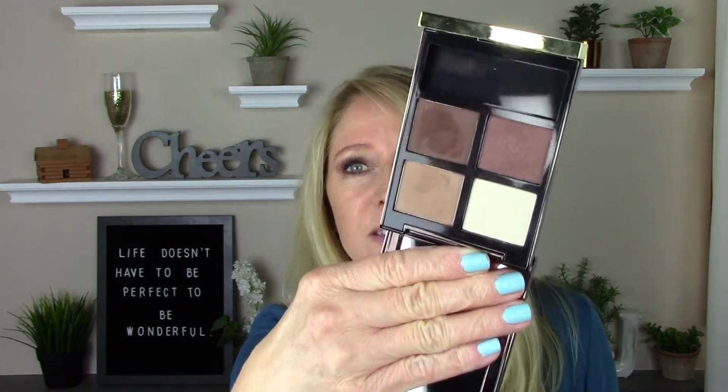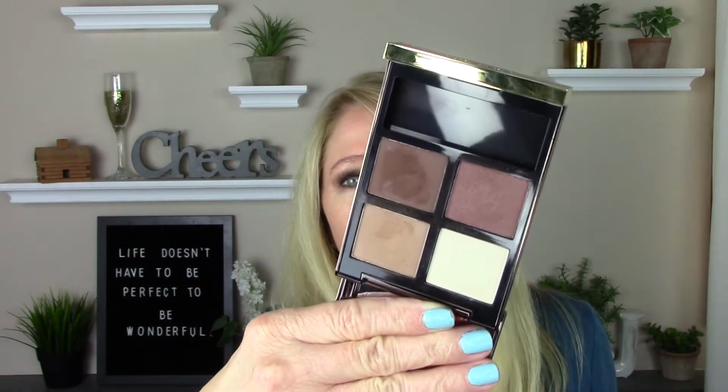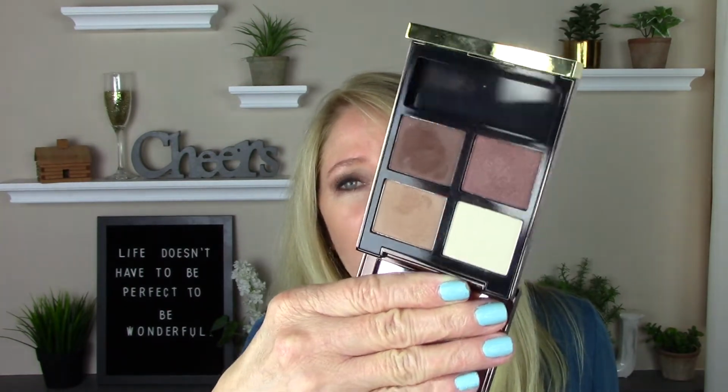So I grabbed my Tom Ford iQuad. I hadn't used it that much since I bought it, and I was kind of disappointed that it cost so much and I hadn't really used it like I thought I would. So I grabbed it. I didn't bring the little brushes that came with it. It's the one that's Cocoa Mirage. It looks like this. It's beautiful. It's very neutral, very easy,